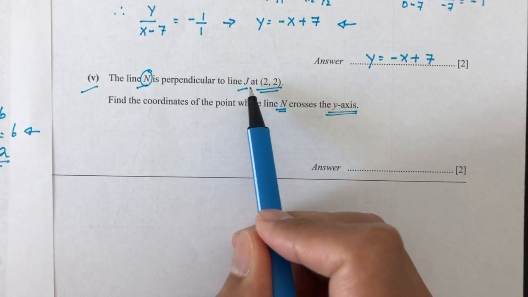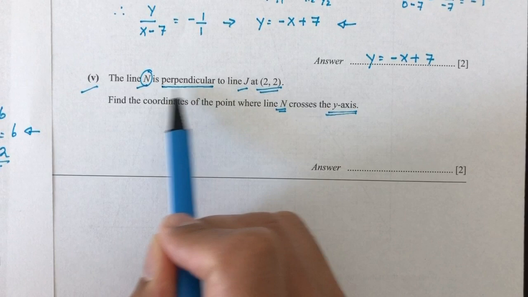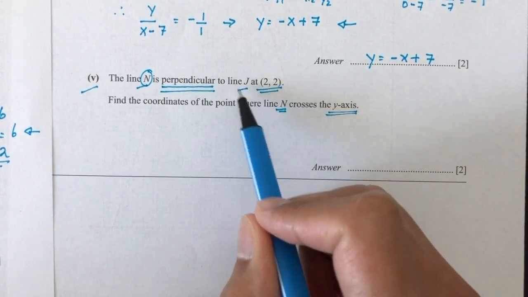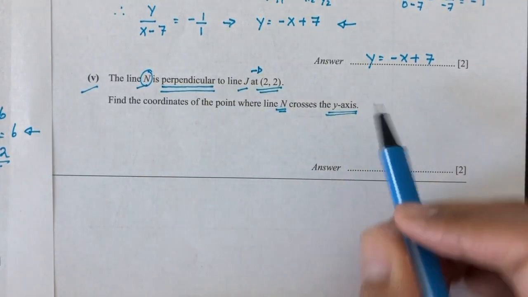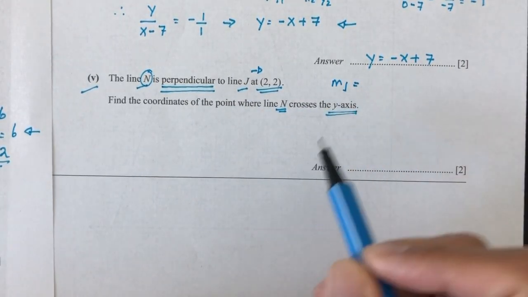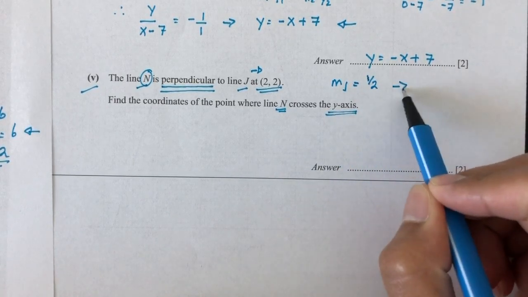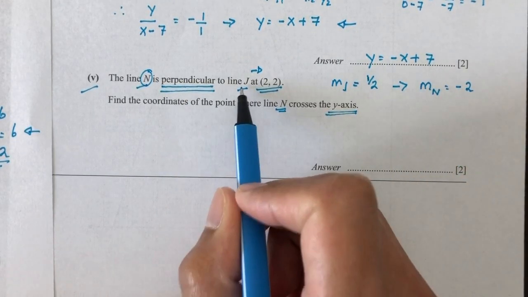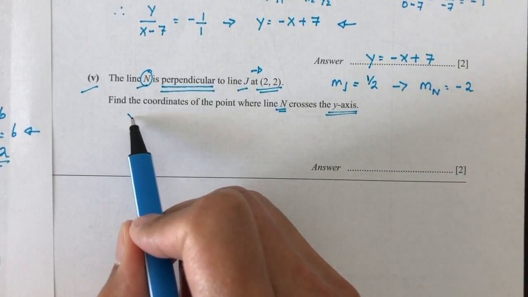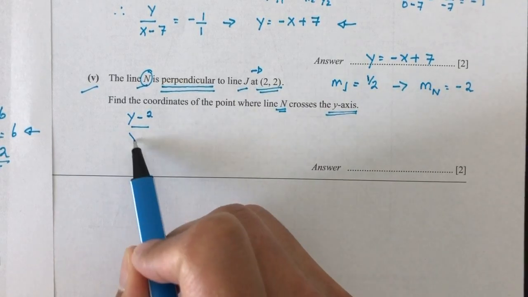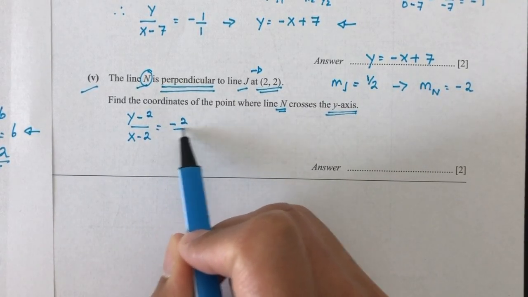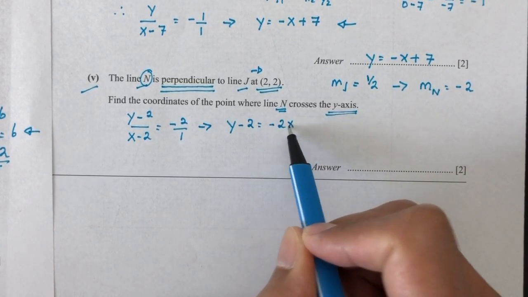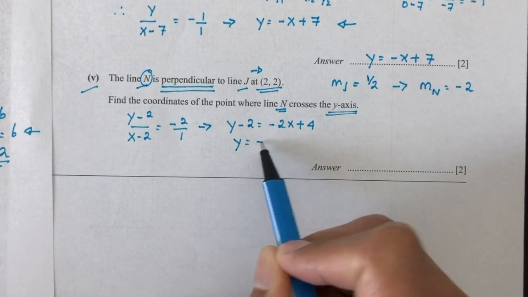So how do you know? First, it says it is perpendicular. So we can first find the equation of line N. We have to use the gradient of line J to find this one. So m of J, from the first part, we know is a half. So the gradient of line N is minus 2, because it is perpendicular to line J. Now we know this point, we can find the equation of the line. So (y minus 2) over (x minus 2) equals minus 2. Cross multiply, that will be y minus 2 equals minus 2x plus 4, which is y equals minus 2x